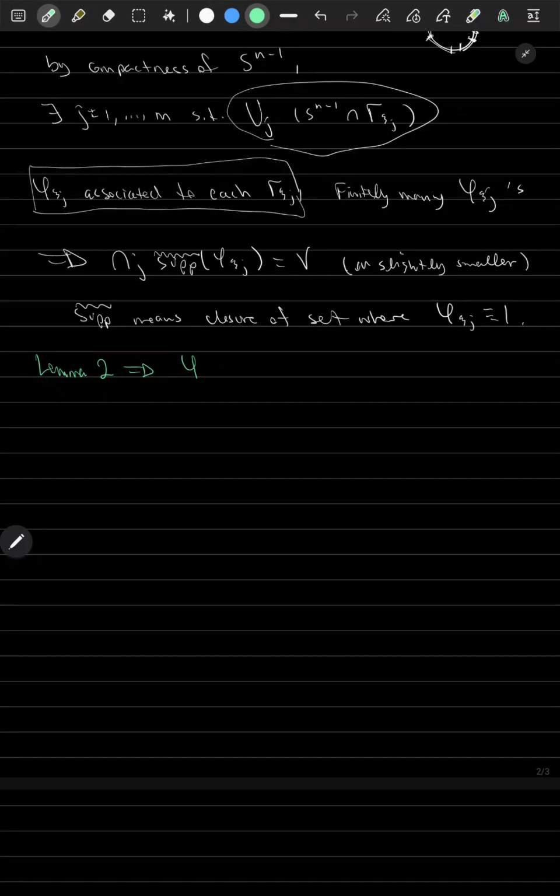And we can now use lemma 2 to note that there exists a test function, let's call it just phi, such that phi is supported on V. So actually this is a test function on V. So we have this neighborhood V here, where all of our other phi xi j's are 1. And now we want this phi to do this in this neighborhood and be 0 everywhere else. Okay, so this is what we're doing. And we take a phi like this, and now according to lemma 2,